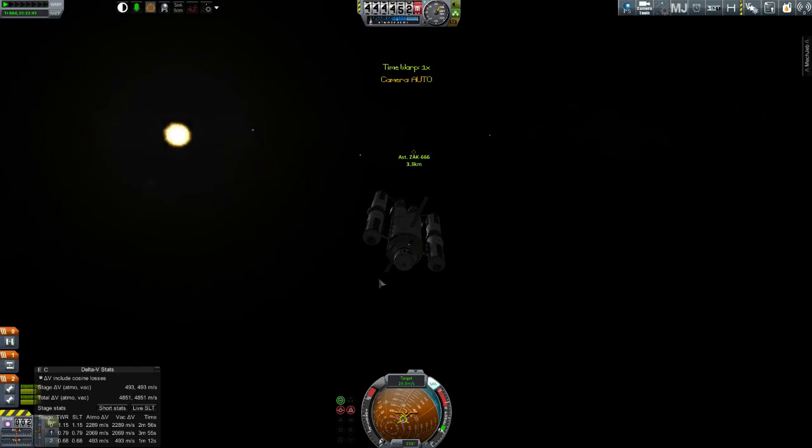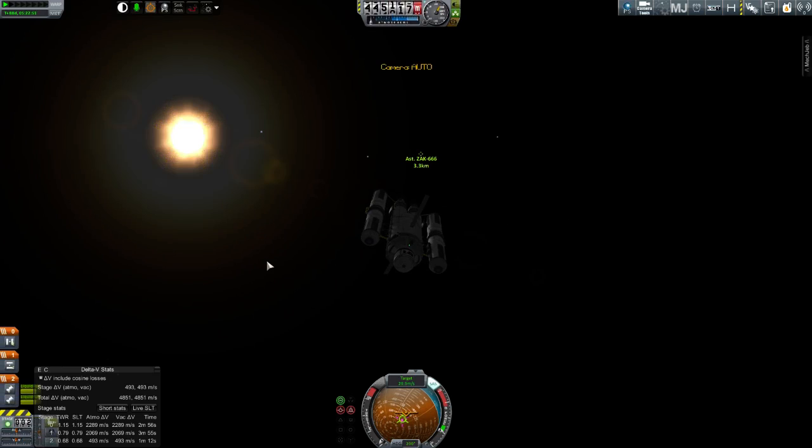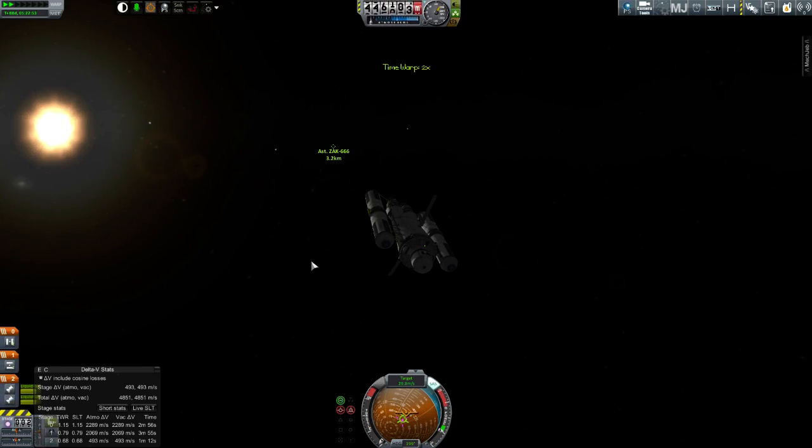Got 3 kilometers. Target velocity is down to 30 meters per second. So we'll warp in a little bit closer. Warp down, ready for physics range. Always a good idea, because you never know what's going to happen when physics loads. Quick save. Alright. I think we're in...